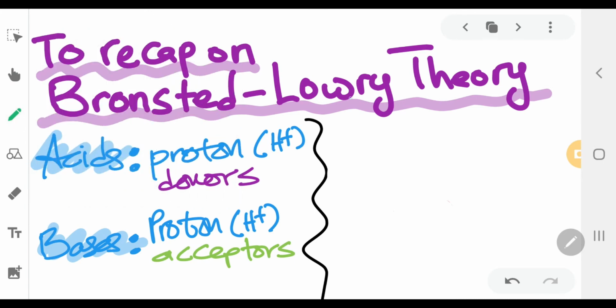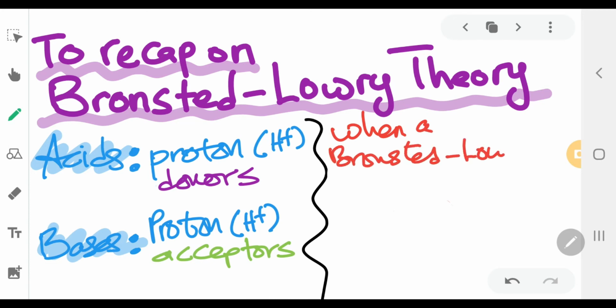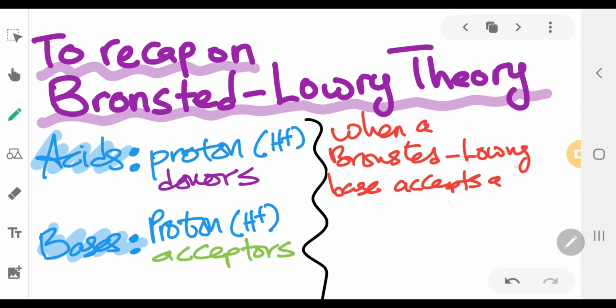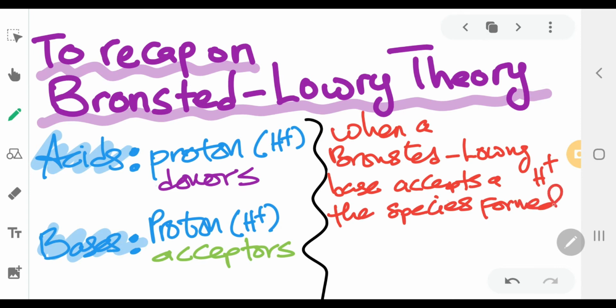Therefore, when a Bronsted-Lowry base accepts a proton from the acid, the species formed is called a conjugate